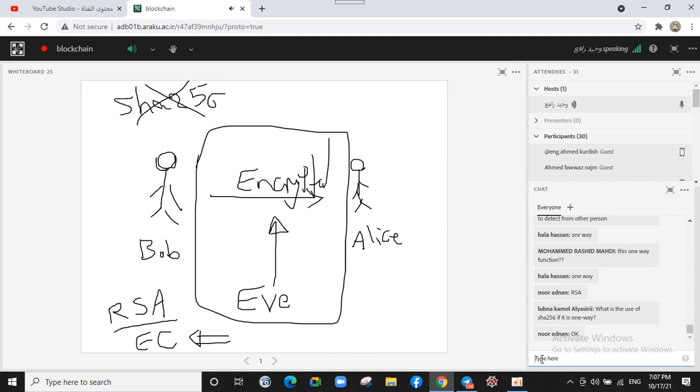One of you asked, what's the use of SHA-256 if it's one way? It's used besides encryption and decryption algorithms. For example, for a simple example,